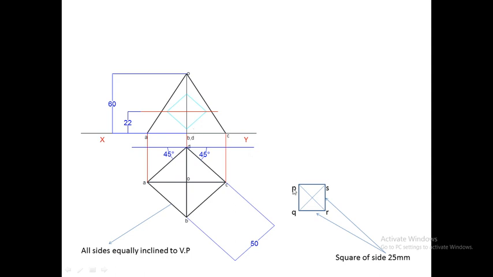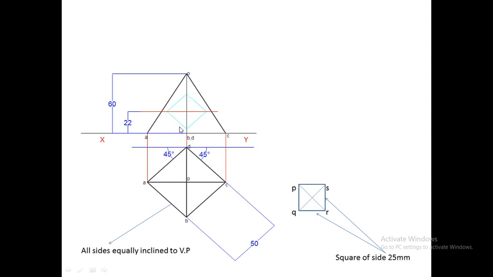I am repeating again. Take the distance center to P on the rounder. Place your rounder at this point. Cut 4 arcs, one on the left, one on the bottom, one on the right and one on the top. After cutting the 4 arcs, join all the points to get the square of side 25 mm.